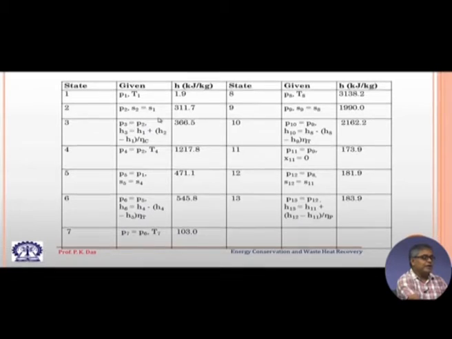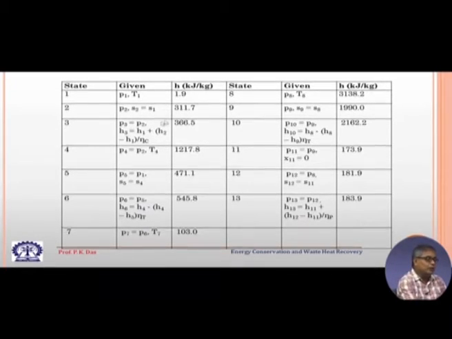Second one, we will find that it is after the compression process. The compression ratio is given, and the pressure at the entry of the compressor, that is P1, is given. So, P2 we can calculate from there, and if we assume that the compression process is isentropic, then S2 is equal to S1. So, from there we will be able to calculate the enthalpy of the air at the end of the compression, but the compression is not isentropic.